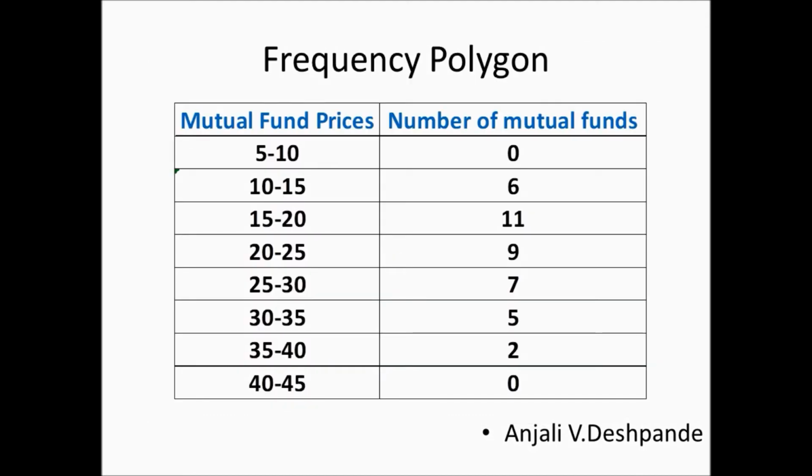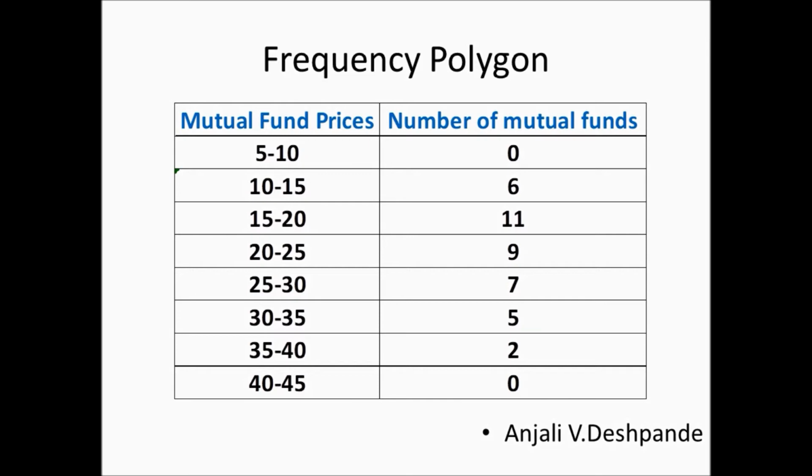Now we are going to see about the frequency polygon. So once again the same data set is being used. Only thing is I have done one additional thing. I have added one class at the beginning of the table and one class at the end of the table, and because there is no such class actually, that is why the frequency has been depicted as 0. So we shall see why all this has been done.